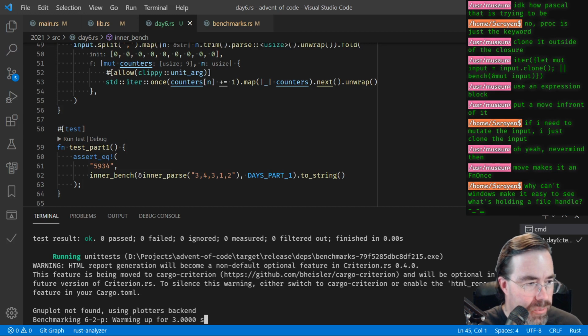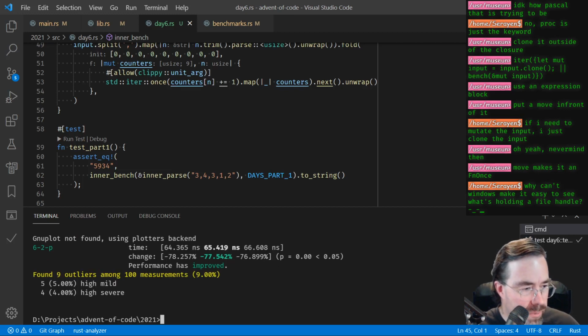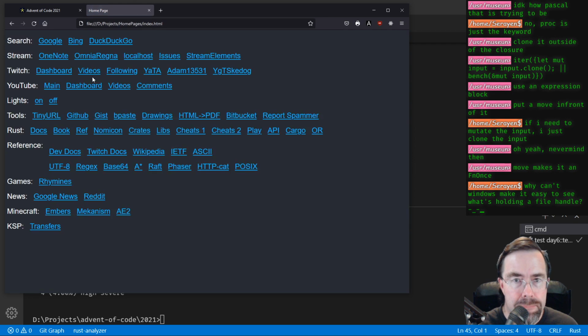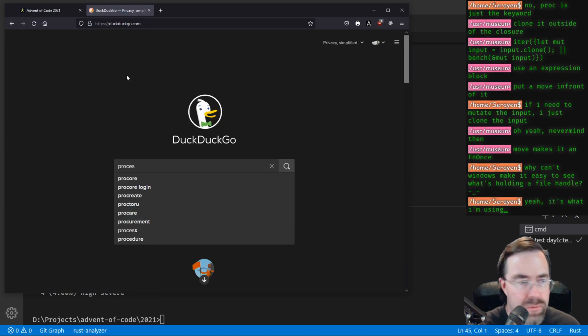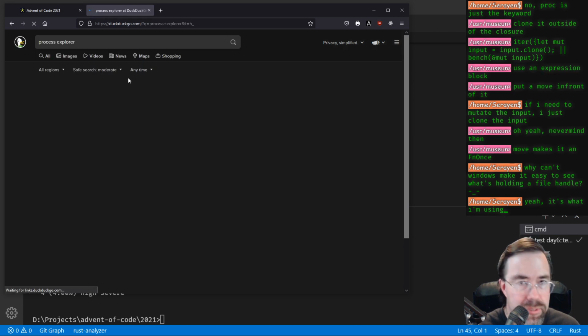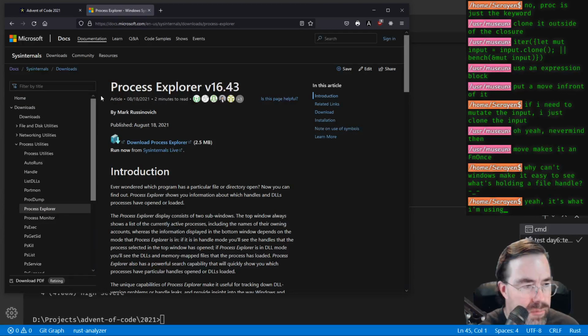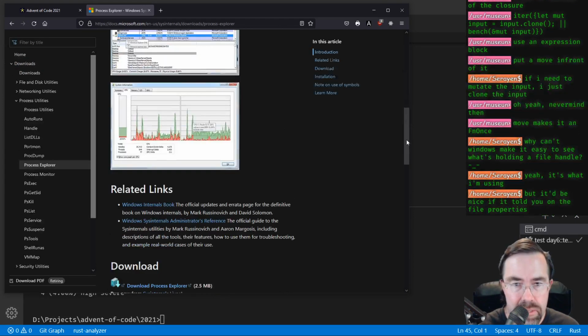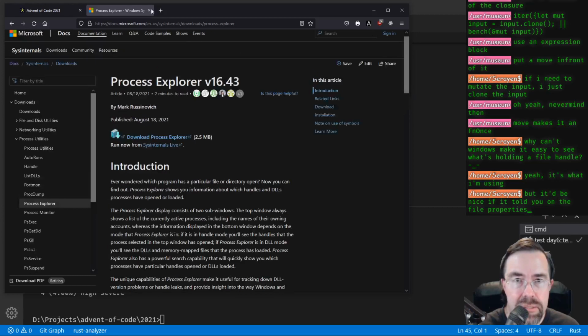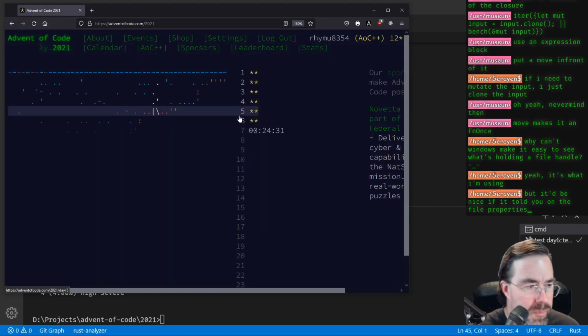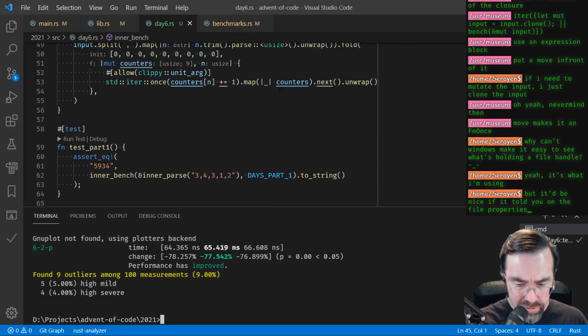Why can't Windows make it easy to see what's holding a file handle? There's a program you can use that tells you that. I use this program called Process Explorer, Sysinternals Process Explorer. Oh, you're using that? So you don't need me to tell you? Yeah, this thing will tell you. It just takes a while. You have to be patient. I don't think there's a screenshot for it, but yeah. It'd be nice if it told you on the file properties. Yeah, it would, but I think it's just an expensive operation, the way they do it, right? It takes forever to do a find on path name. Anyway,